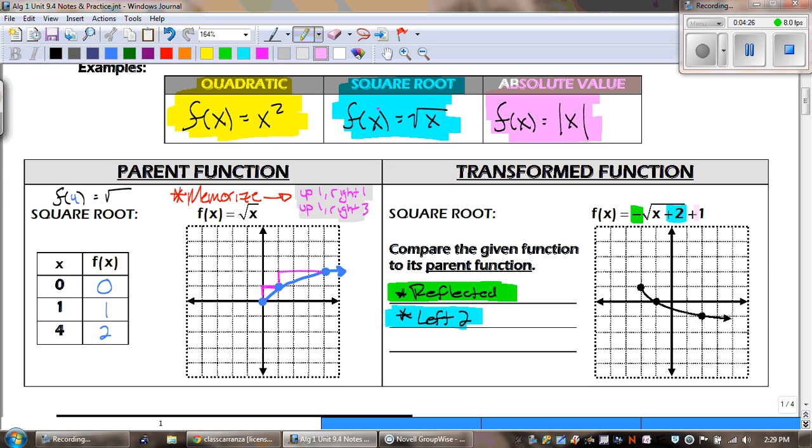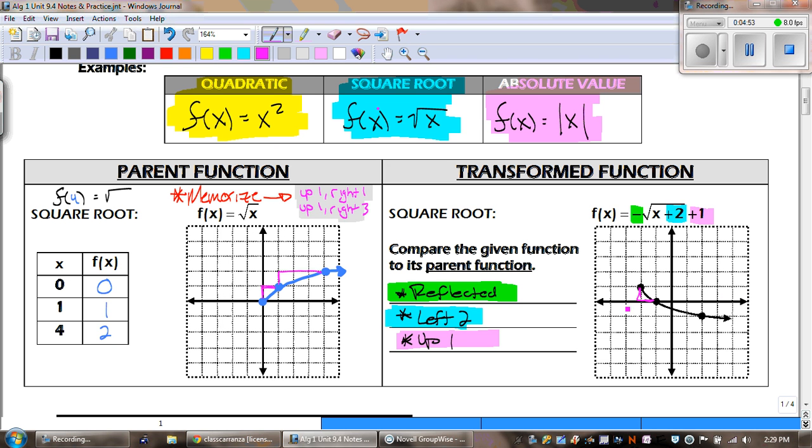And the last one, vertical. What did we do? Up or down? We went up 1. Okay. And guys, hopefully you're assuming this, that last part, that plus 1 is telling us to go up. Okay. Now, the only thing that we really need to pay attention to, since this is a reflection,